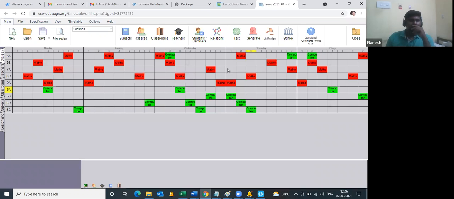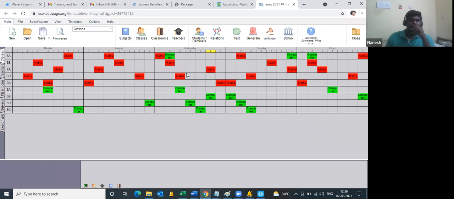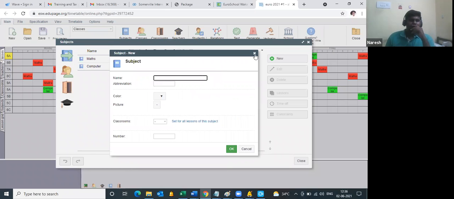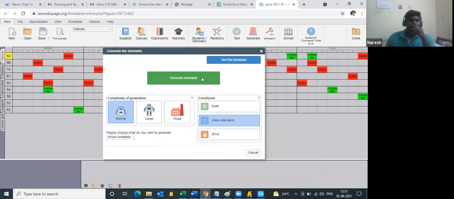Click on open. So whatever file we have uploaded can be viewed online. Yes, this is the online edition or website edition. I'm just showing you the offline. Same thing. What you are seeing here is the same thing. And the best part is you can even create a new subject, add a new teacher, and in fact generate it online also.